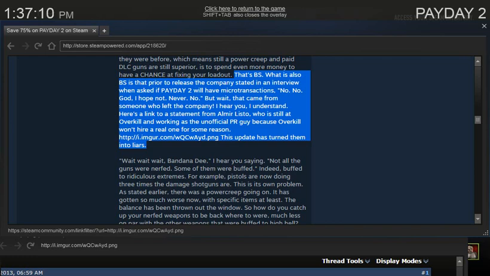But wait, that came from someone who left the company, I hear you. I understand. Here's a link to a statement from Almir Listo, who is still at Overkill and working as the unofficial PR guy because Overkill won't hire a real one for some reason. Link here, which I will show in a minute. This update has turned them into liars. The quote from Almir,